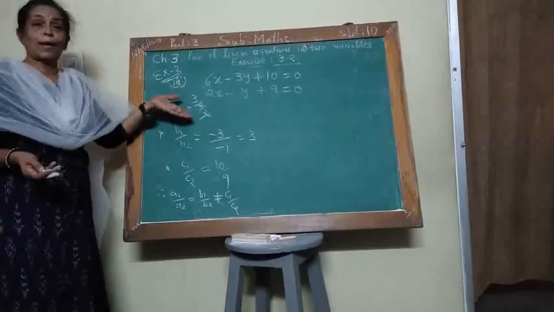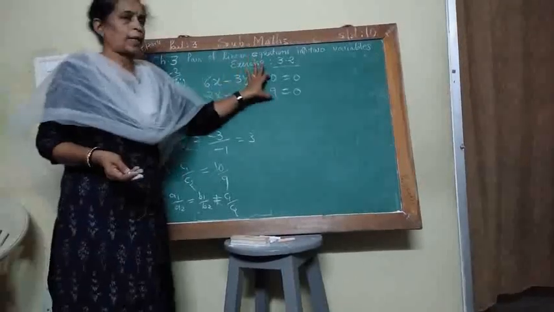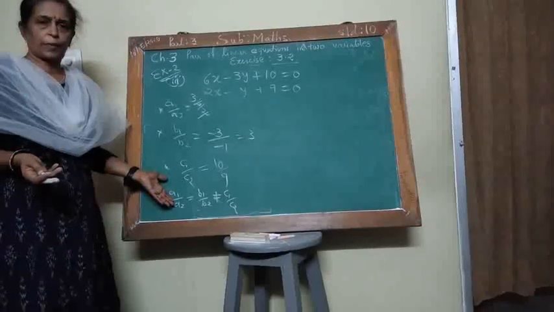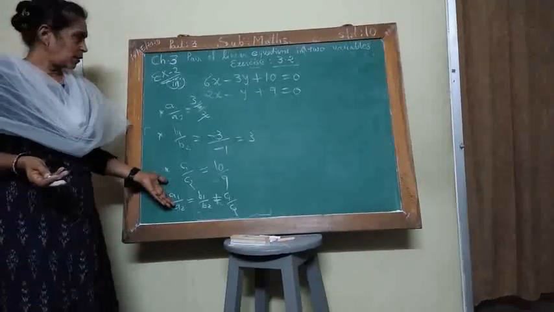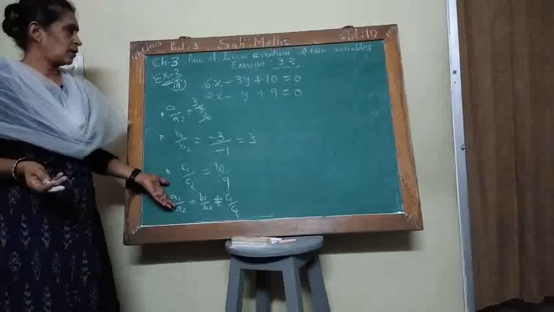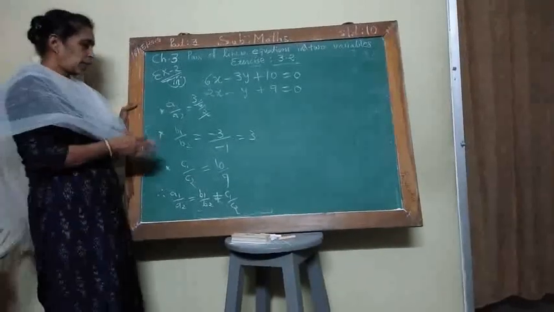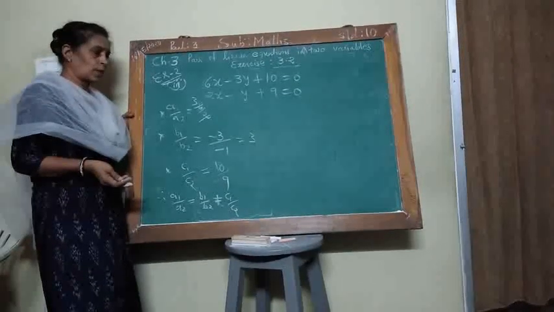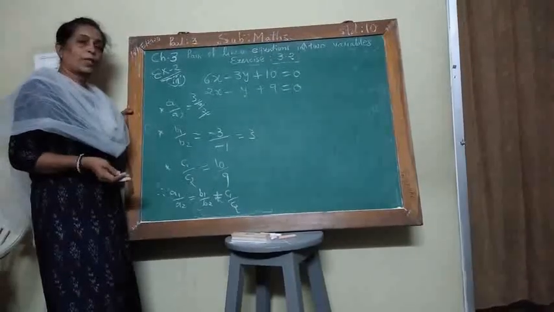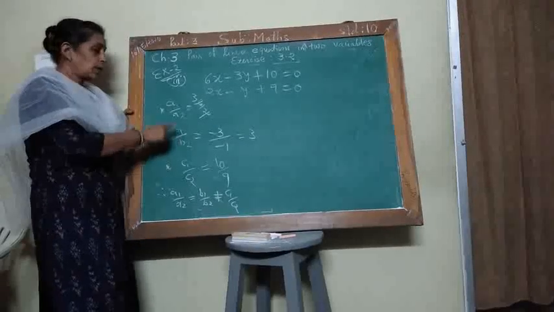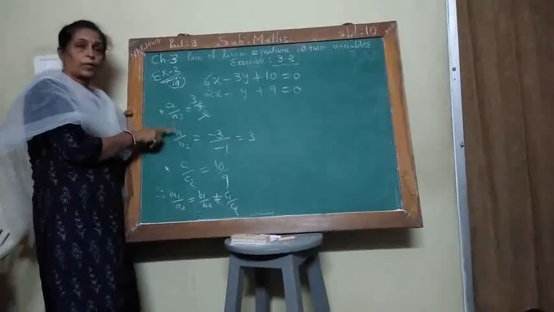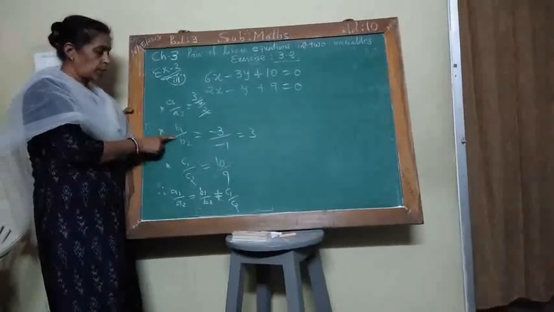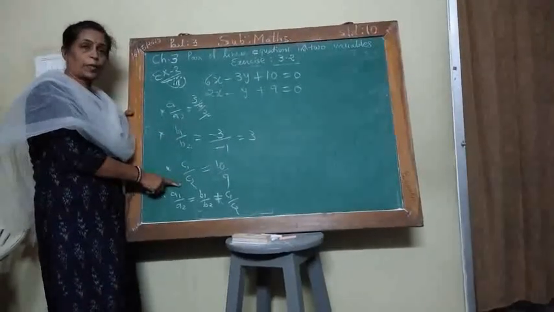In an MCQ, if they ask, then you can orally see the ratios and give the answer. No need to do all this. It is very easy, and you have to remember these three cases. Then you can get the answer. Example 3 also depends upon this. If a1 upon a2 is not equal to b1 upon b2, or a1 upon a2 is equal to b1 upon b2 is equal to c1 upon c2,